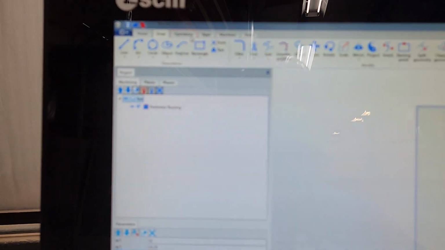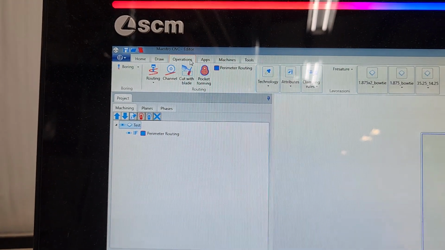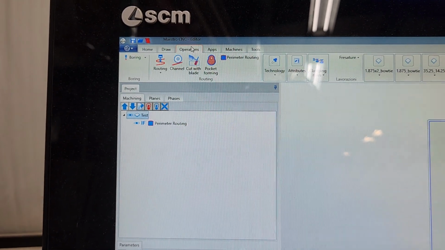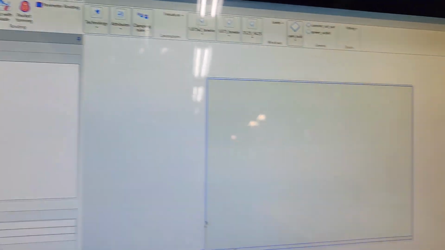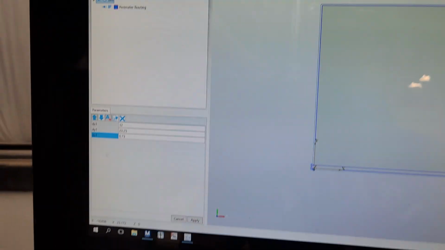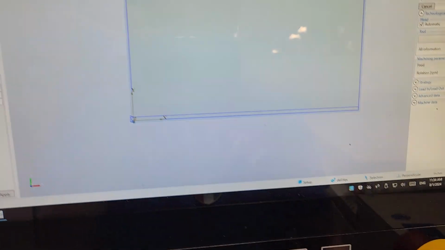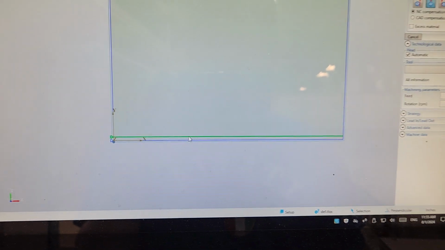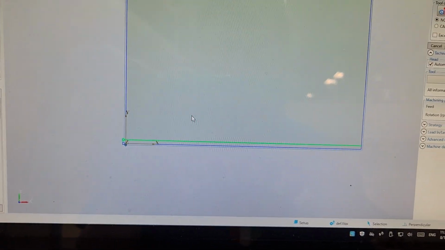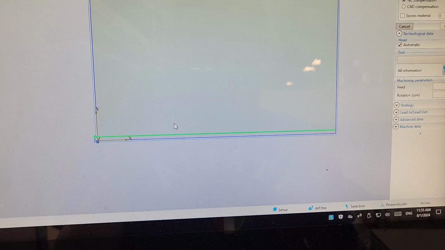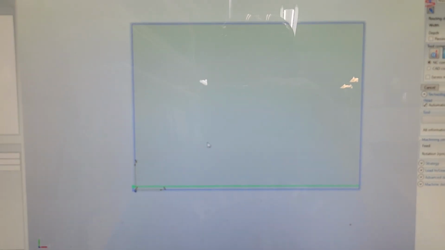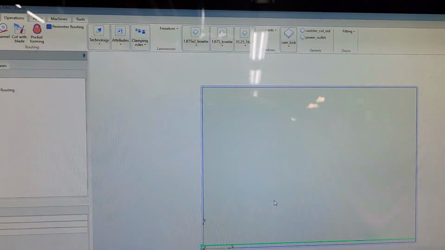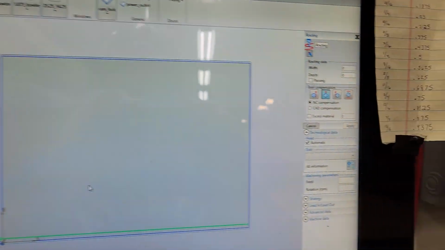So, if you want to actually assign an operation to that, we'll go to operations again, and you want to click routing. Well, it's actually best to first select the line by clicking on it, and if you have multiple lines that you want to assign the same operation to, you can click that and then hold the shift key and select multiple lines. Then you will click routing in operations,